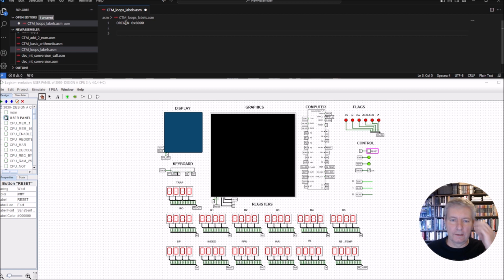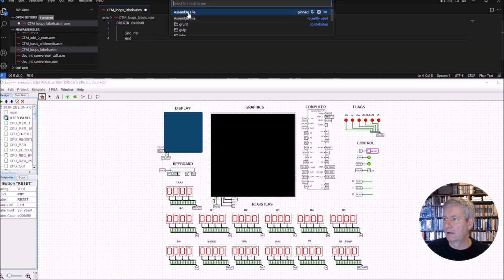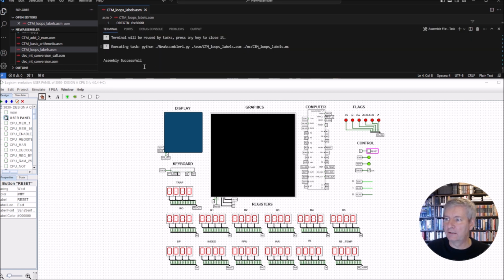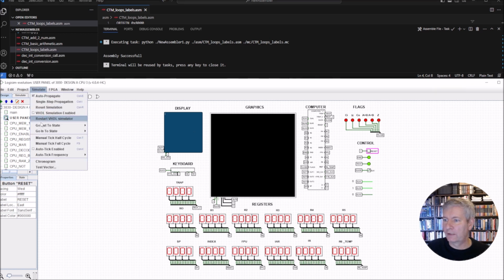Now what we want to do is just increment register R0 by a value of 1 and just keep incrementing it. So it's hardly surprising that the command we want to use is inc for increment, and we want to increment R0. So this just adds 1 on to the value of register R0. If we put the end here and we go terminal, run task, assemble file, you can see it says assembly successful. So we can get in here and go simulate,